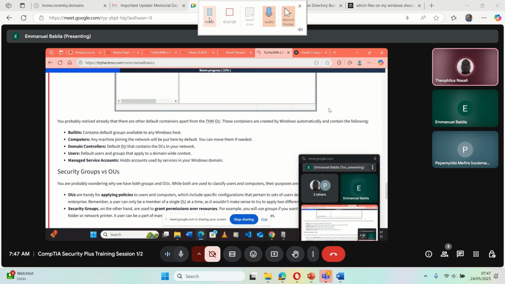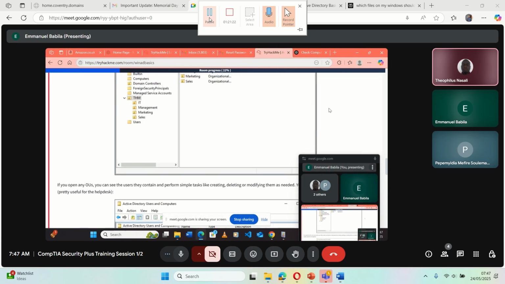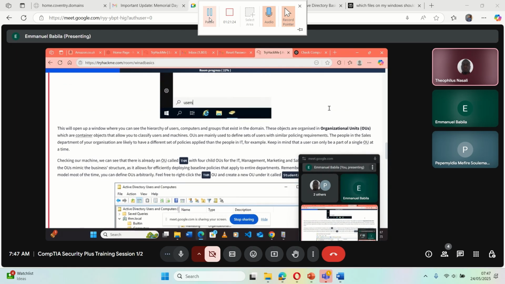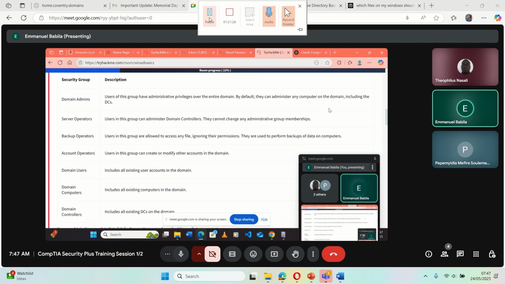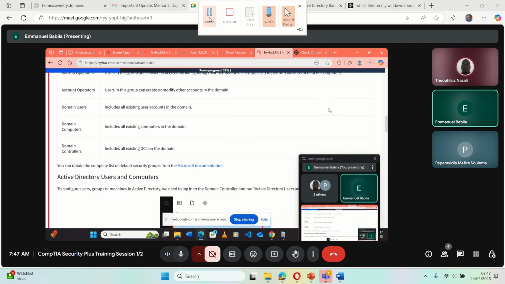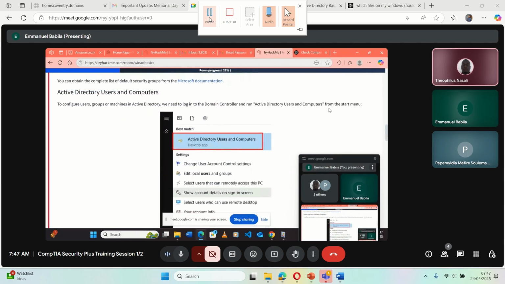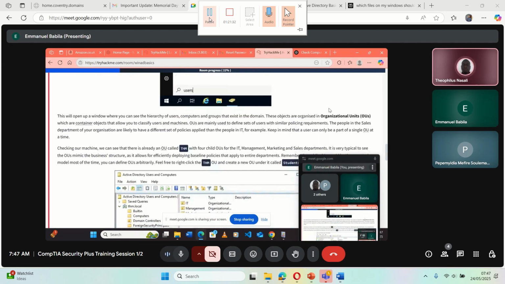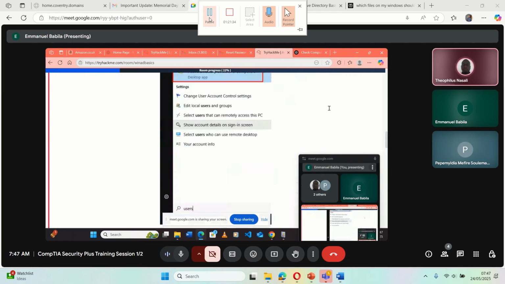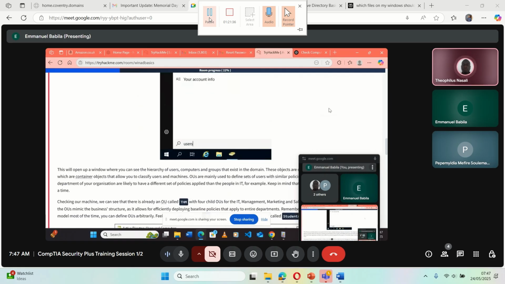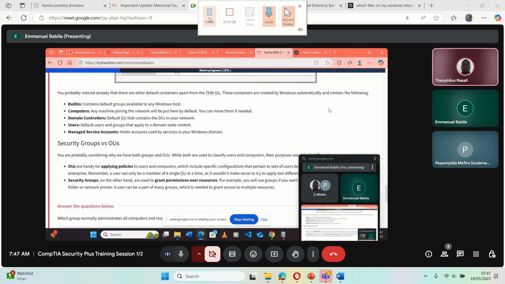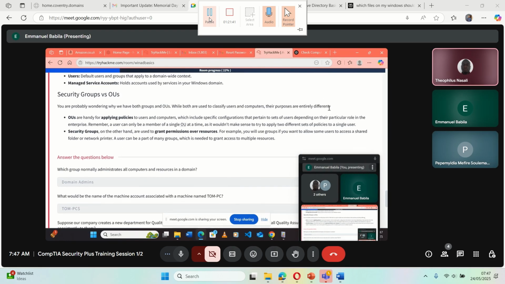Those are types of containers. It would be about this thing, organizational units, and the other one, security groups. Just go down to the bottom. Yes, there. You have